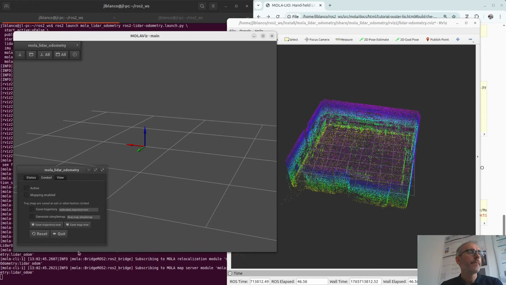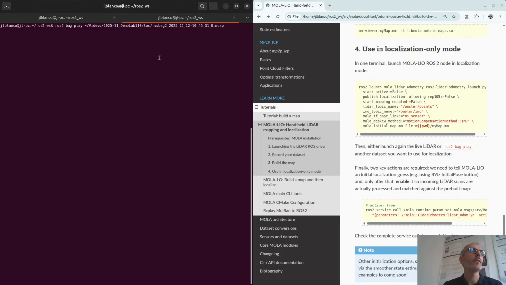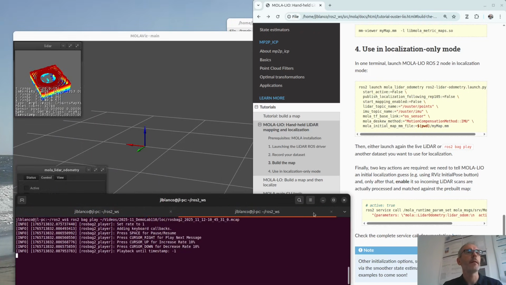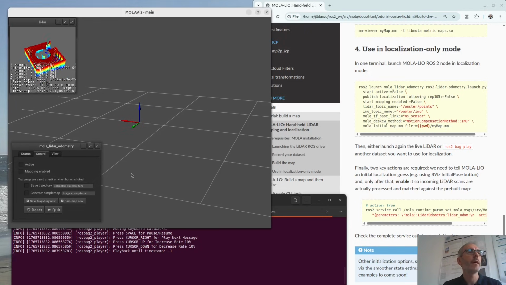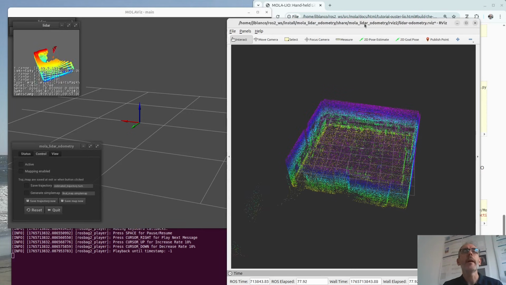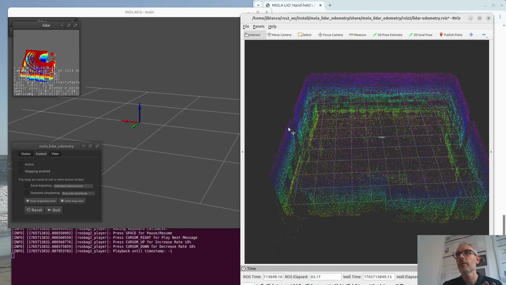So next, if we were on a real robot with a real sensor, we could launch the Ouster driver node now. Instead of that, what I will do for this example today is just launch an MCAP that I recorded formerly, but it will be exactly the same as launching the sensor live. Now you can see the LiDAR here on this window. It's not visible in RViz because we don't have the TF right now, because localization is not solved.